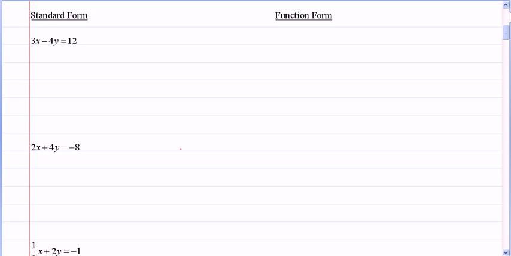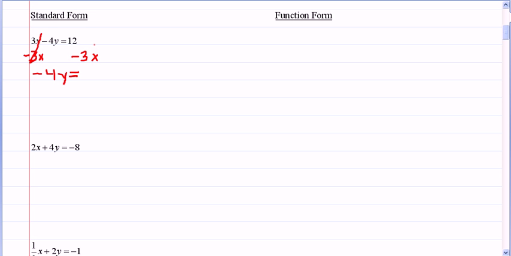Another thing to note about linear equations is that there are different ways that they could be written. One way is to write it in standard form. And standard form is when you have x and y together on one side of the equation and the x is positive. So if I want to change it to function form, that means to solve for y. So the first step in solving for y is to move the x over to the other side by either adding or subtracting. And it cancels, and I'm left with -4y